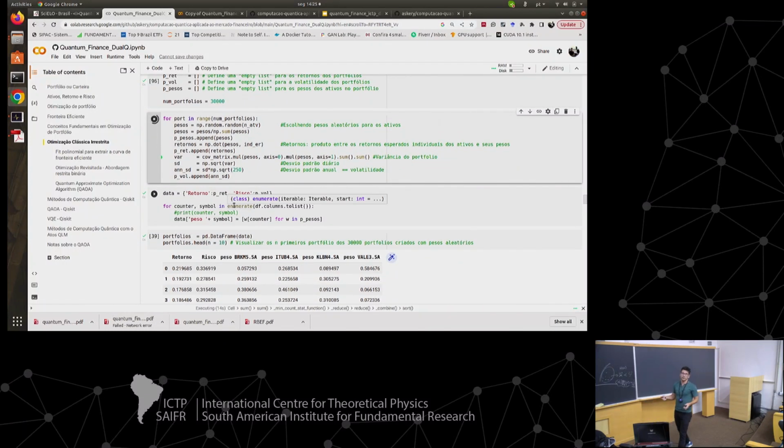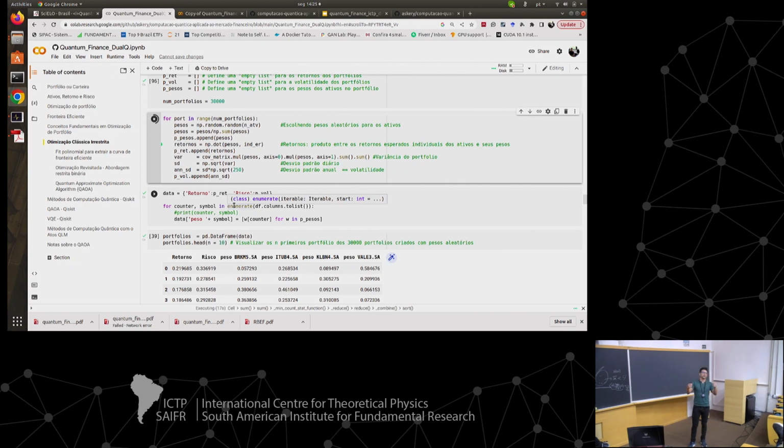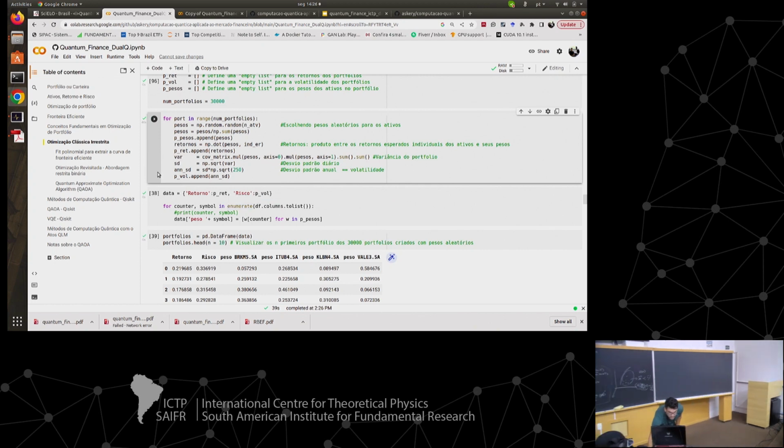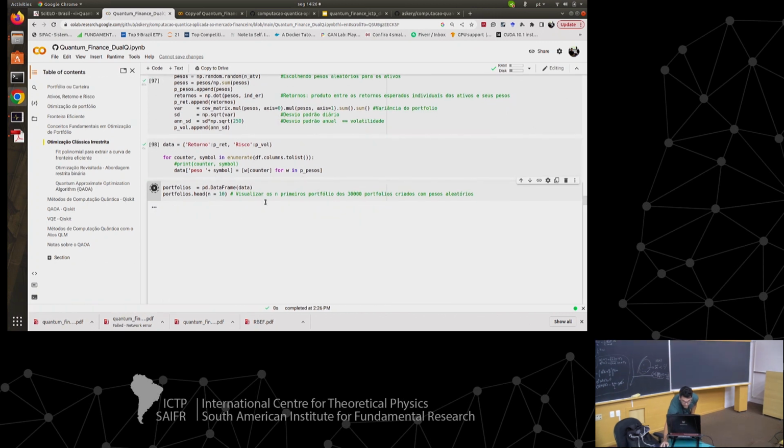So what it is doing here, it's sampling the weights, computing the risk and the return, and stacking them in a pandas data frame. When it has finished sampling every one, I will have this pandas data frame, and then I can sort as I wish. Please give me the index of the portfolio with minimal risk. Please give me the index of the portfolio with maximal return, or whatever. So it finished. This is the data frame I told you.